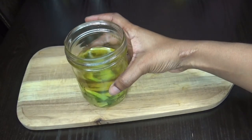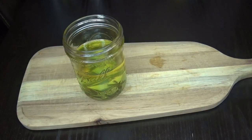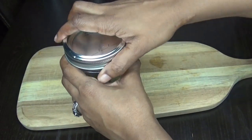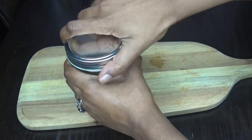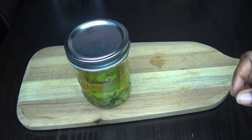So I'm just going to put that aloe vera in there. And you guys, the other oils, by preference, it depends on if you want smells or not. But this time I did not put those in there. But I am going to put the cap on there. Write the date of whatever day it is for you from a month, and this is the end